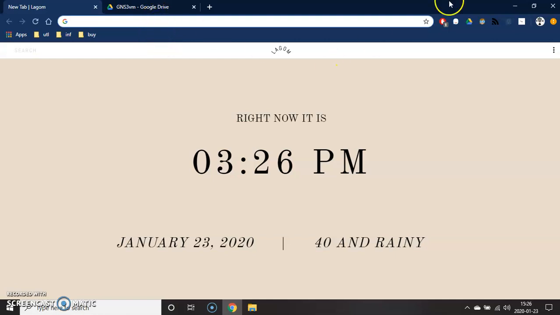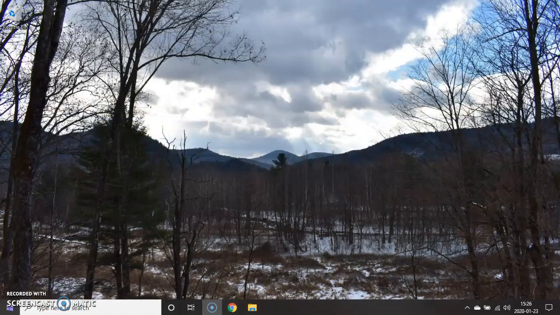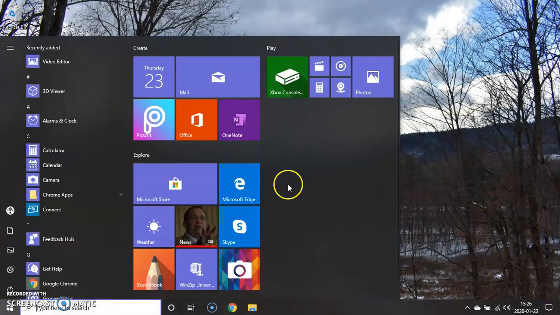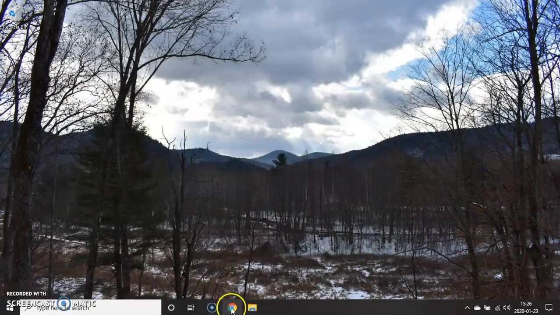So if you're in a Windows box, which this is a Windows box, as you can see, you got the start menu, fantastic. The news, there he comes. Anyway,